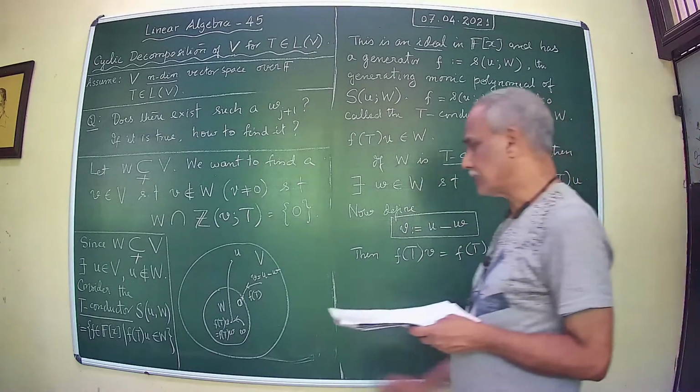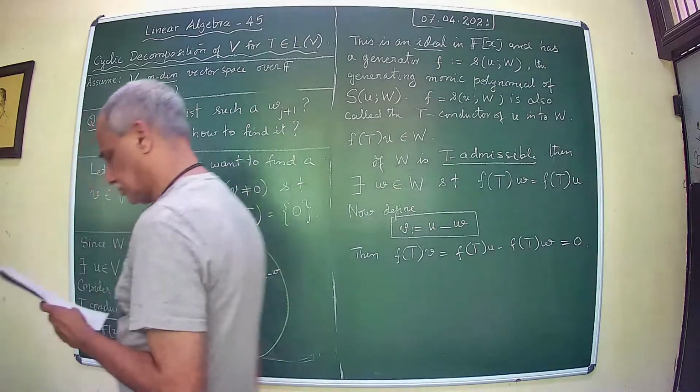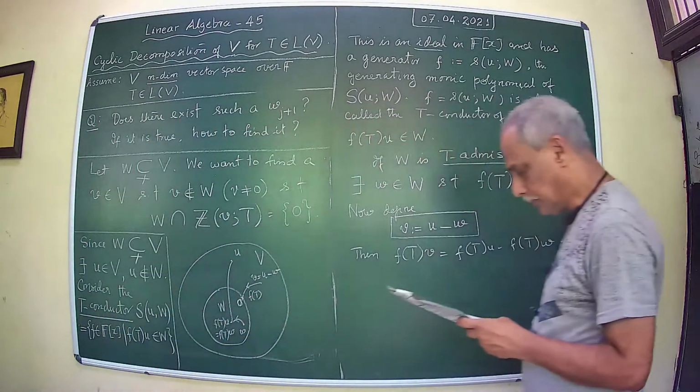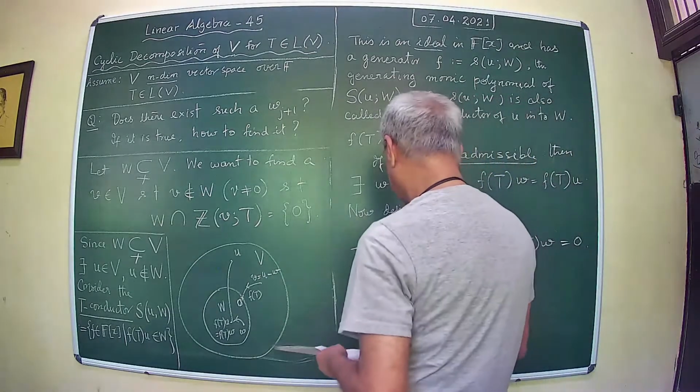So V is the vector with the property that Ft is 0. Now what you can prove is twofold. So what one can prove is that